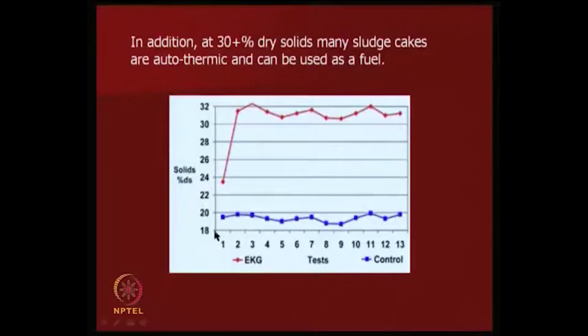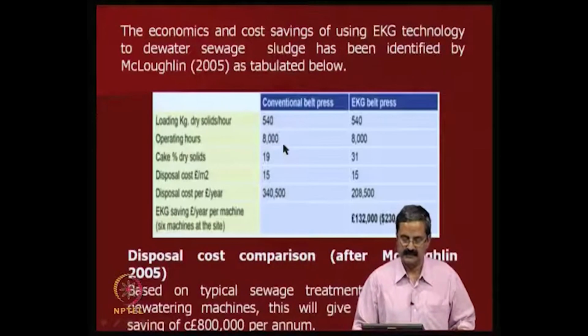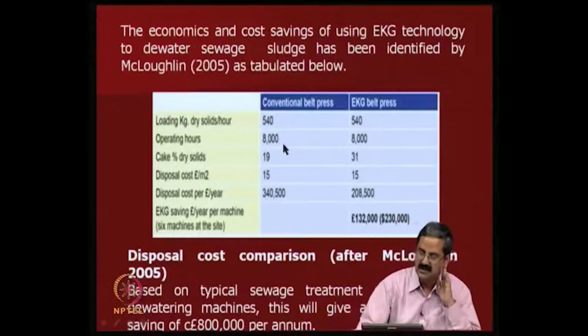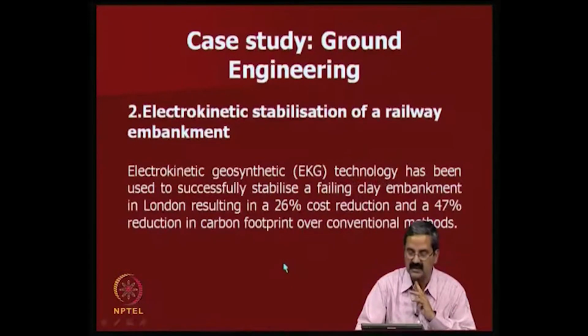So, this is what people have observed in a couple of tests, where it is about 19%, whereas it is about 32% close to that. The economics are also quite good and quite effective, because there are a lot of savings. Then there are some more, like